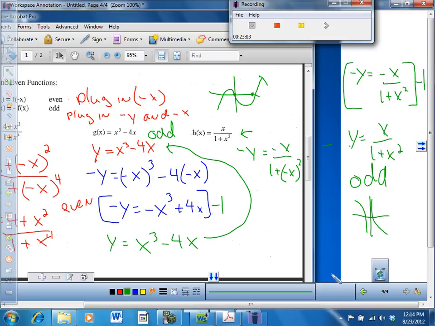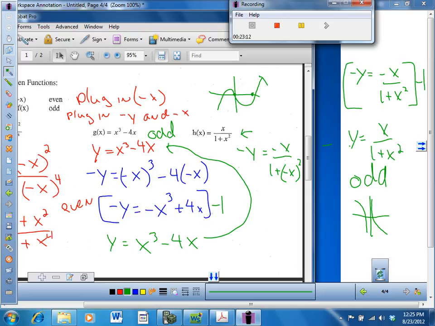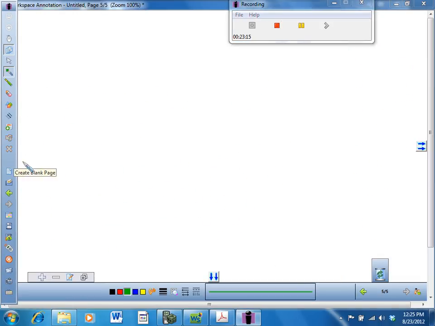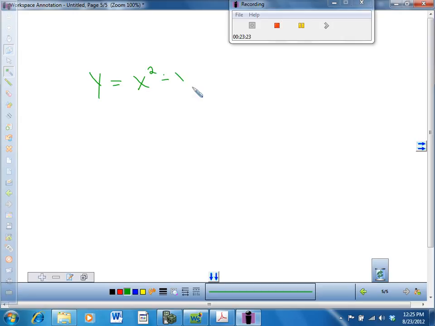Yes, sir? So if you see the equation, people always say, well, what ones are neither? So if you had something like y equals x squared minus x, that's an example of something that would be neither. Because if I plug in negative x in there, it's going to change it. If I make them both negative, because this has an even power and this has an odd power. If both of these would be even, then it would be an even function. But if one's even and one's odd, then it's not. Okay? Okay, so